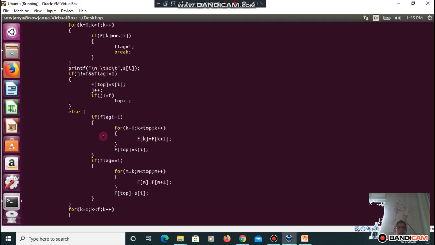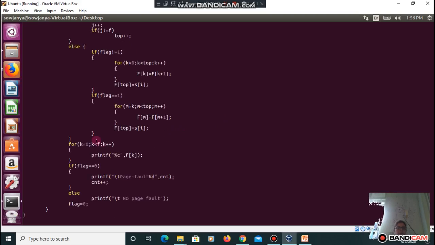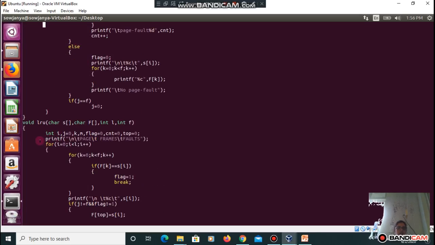You can see here. Yes, this is the function for the LRU.